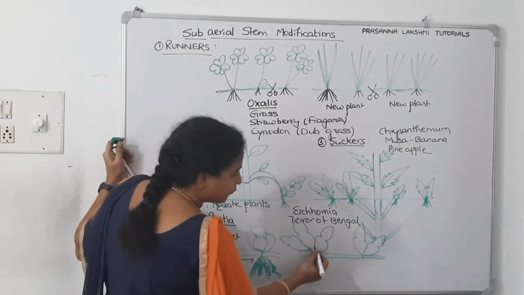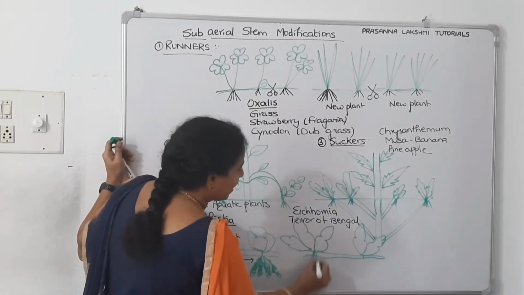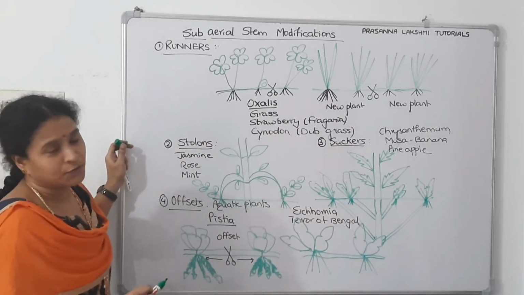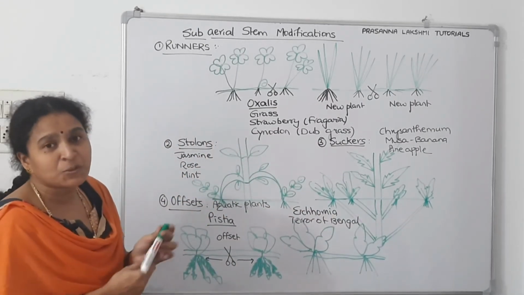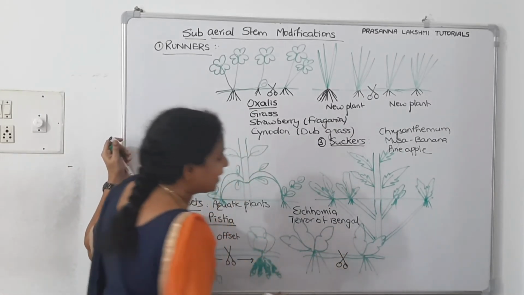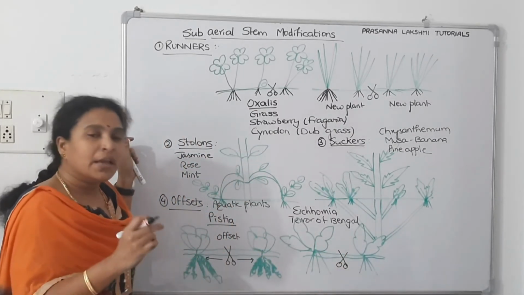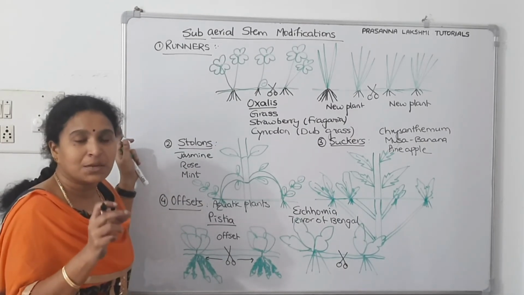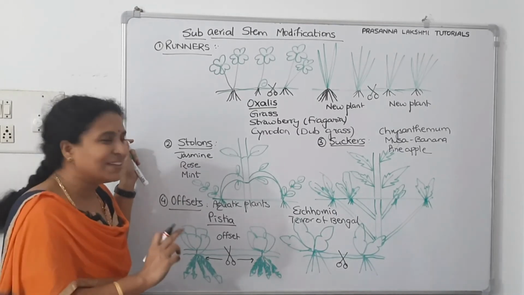It will also have a tuft of leaves, rosette-like leaves, and it will also have a tuft of floating roots at the bottom. And this internode is called an offset. Now accidentally if it cuts here, it can spread to new places. It has become a problematic weed in Bengal, and it killed all the fishes by consuming all the dissolved oxygen present in the water. So that is why it is called terror of Bengal.